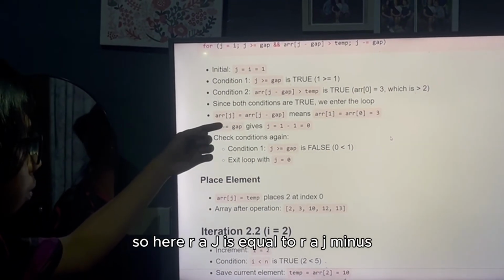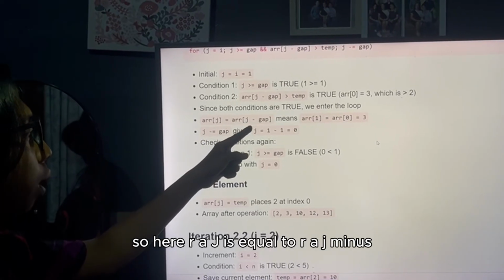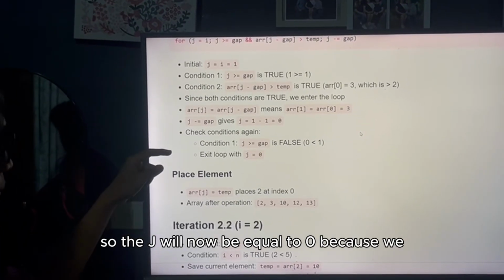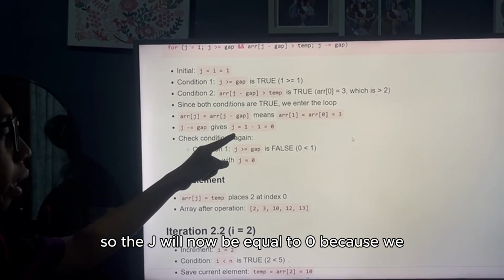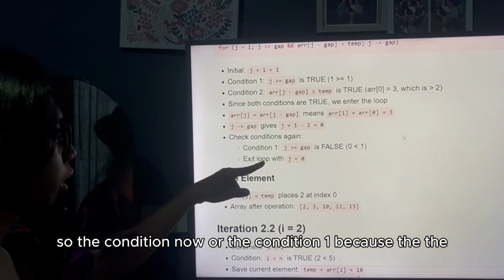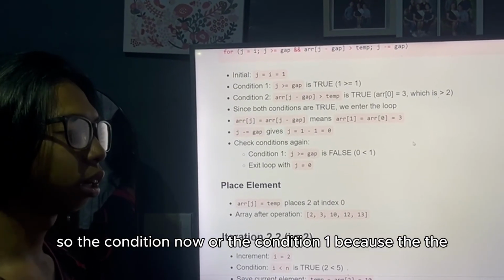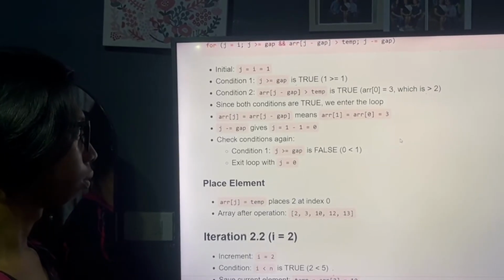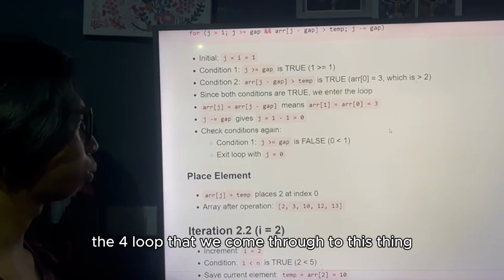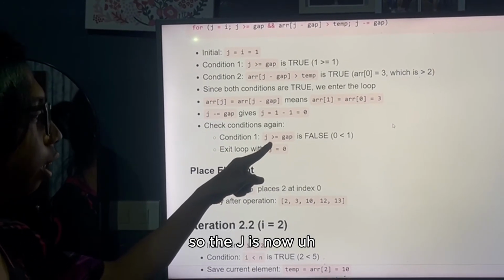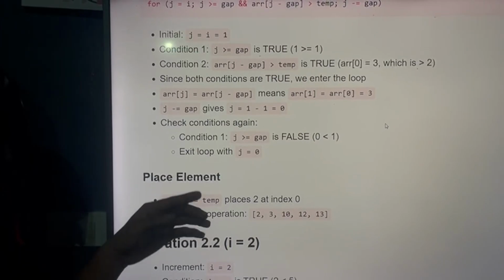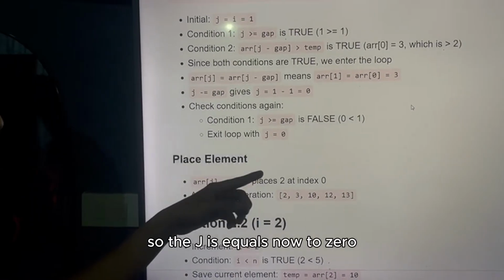So here, arr[j] is equal to arr[j minus gap], meaning arr[1] is equal to arr[0], which is 3. So j will now be equal to 0, because we subtract 1. Since both conditions were true, we go back to the loop. Now j is greater than or equal to gap is false, so j is equal to 0.